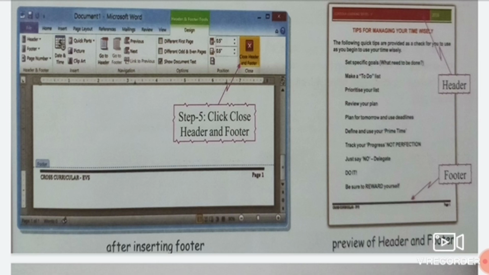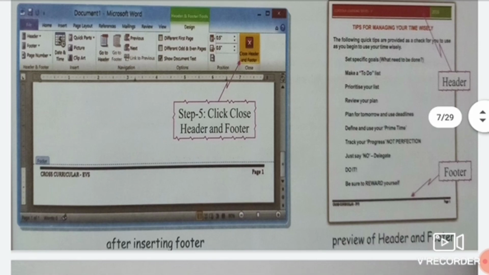As you can see, the entire page will look in this way, because the header we have inserted with the brown color, with the brown background, and here with the green. This style we have selected for the header, so this will appear at the header part, and the text which you have written on this header will appear at the top in this bar. Okay, and the footer appears at the bottom of the screen.